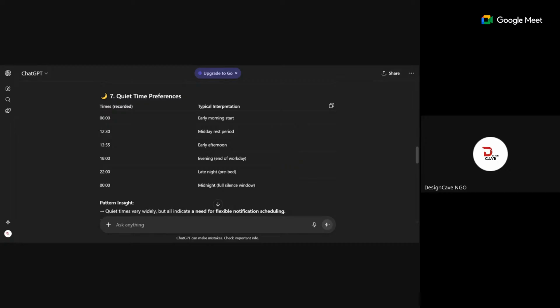So by the time we are designing "select your quiet time," we do not put a fixed time. We just allow them to type the time that works, and we sync it up with their phone alarm, the background syncing, the notifications. That's if they are developing it. But as a designer, or as a product person, we will know that this user has said the time might even differ.